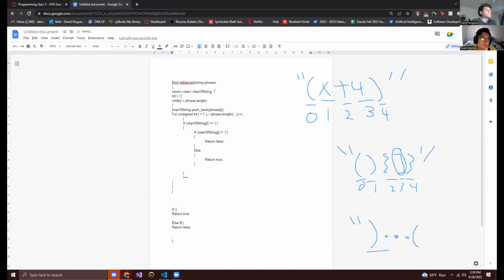Every time I go through a value in the while loop, I push back the value in the vector. And